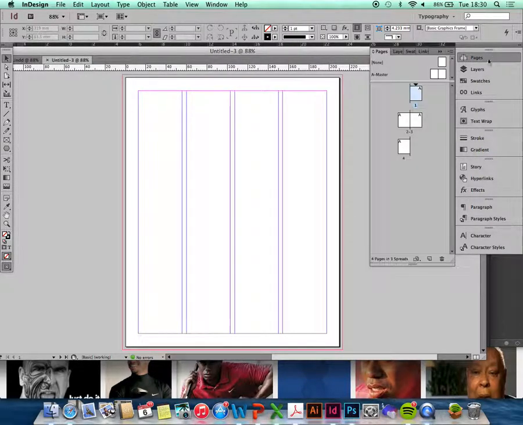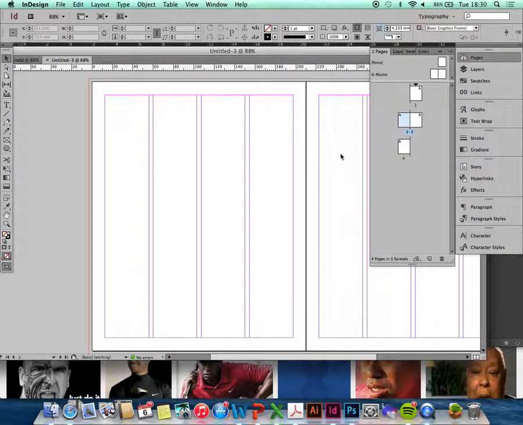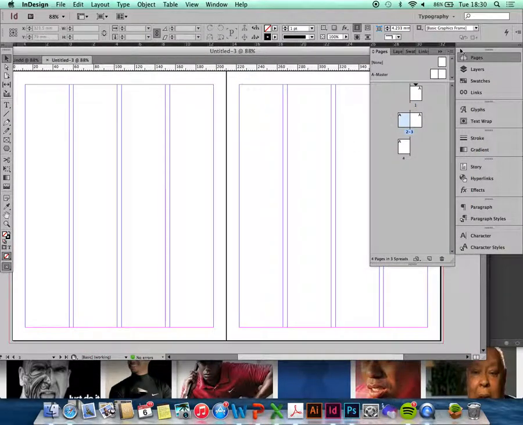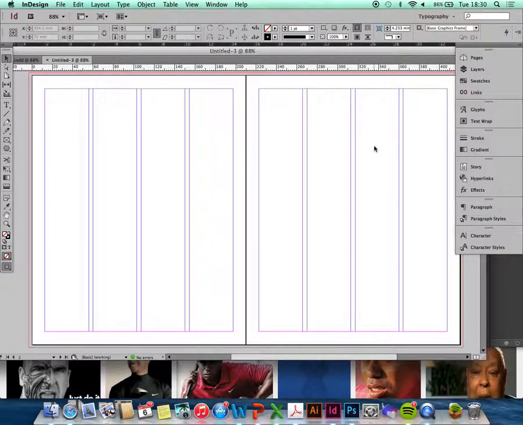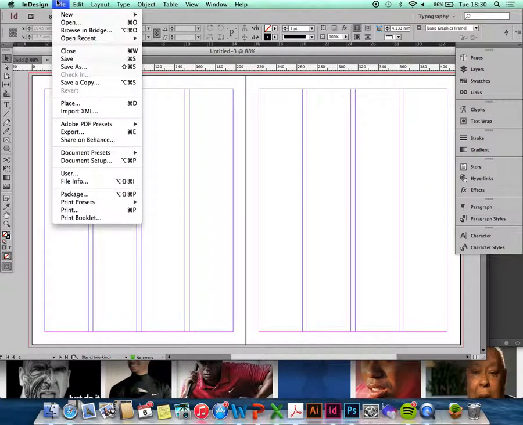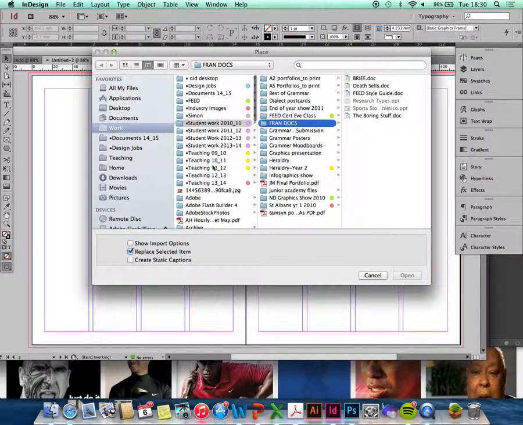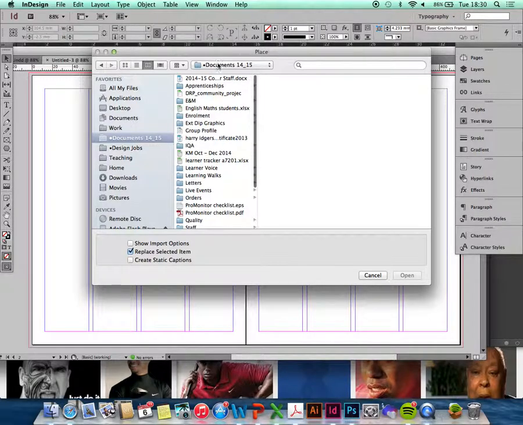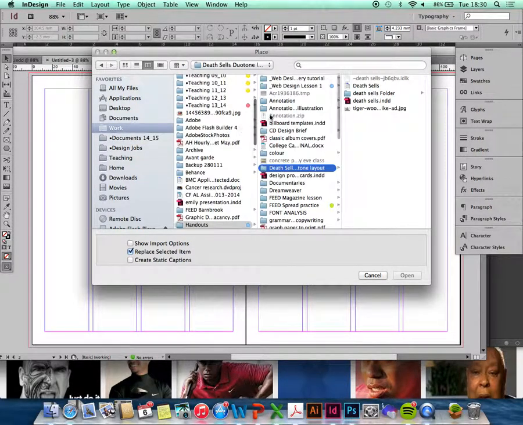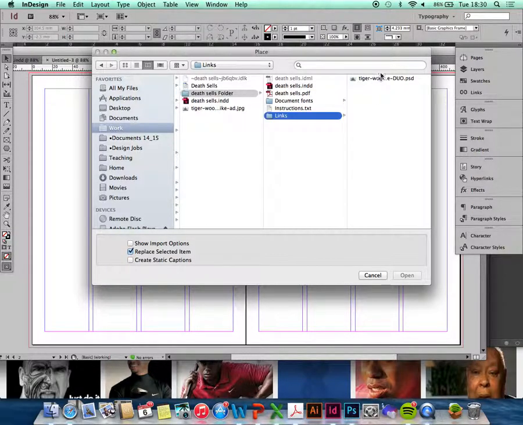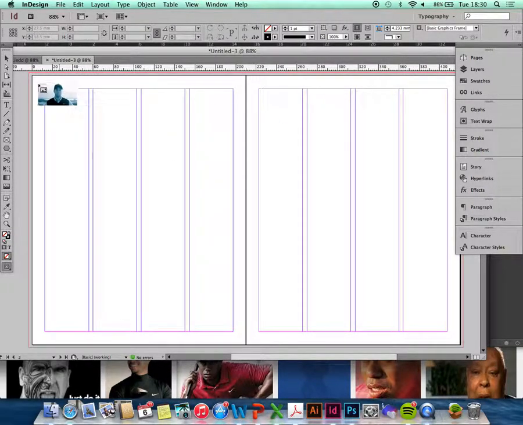So when I go to pages, I'm just going to use the 2 pages that are together, 2 and 3 for now. So I'm going to start off by bringing in the duotone image I've created. How do I do that? File, Place, place it in, and I'll just find my documents. And it's here. I'm going to bring it in